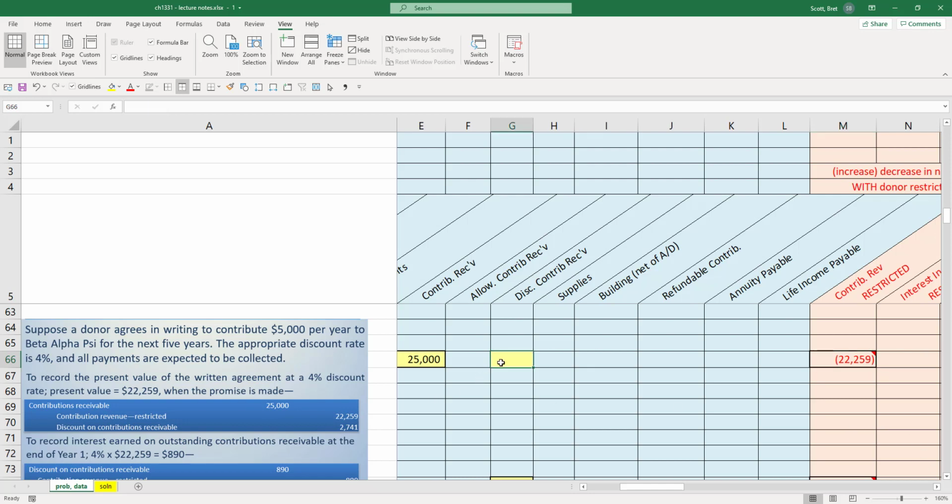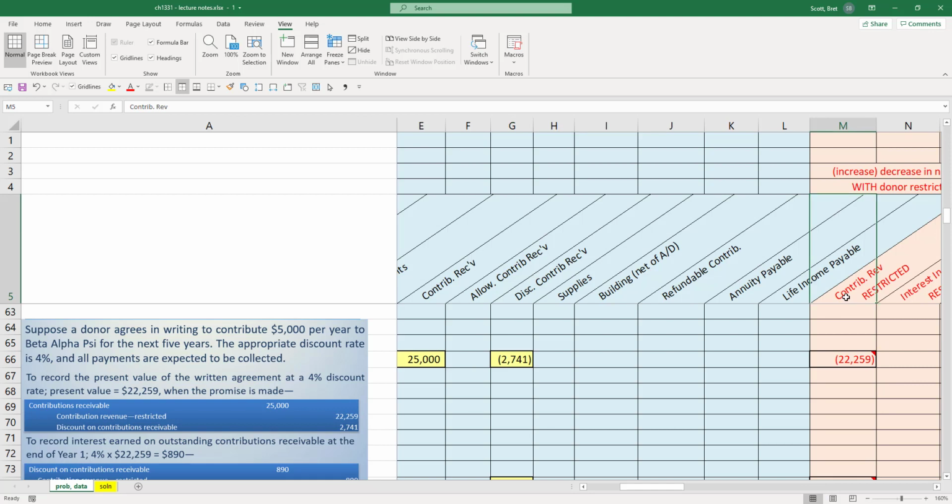If that's the present value, then what's the discount amount? Well, it's the difference between the gross amount and the present value amount: 2,741. When we report the net realizable value of this particular donor's contribution, we would say it's worth 22,259, and